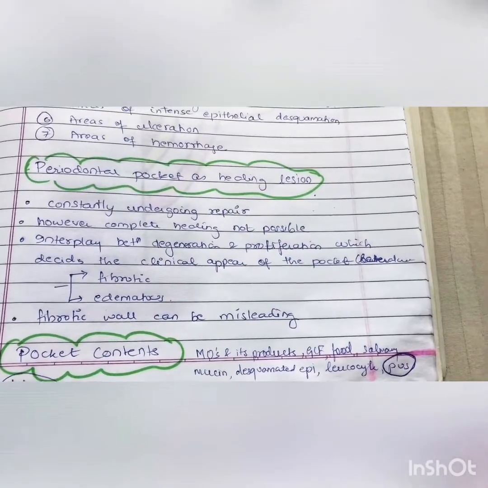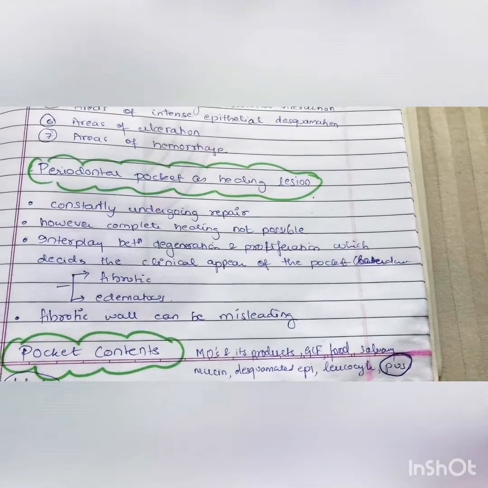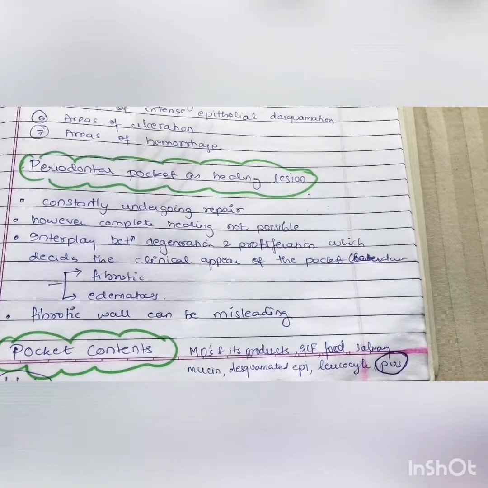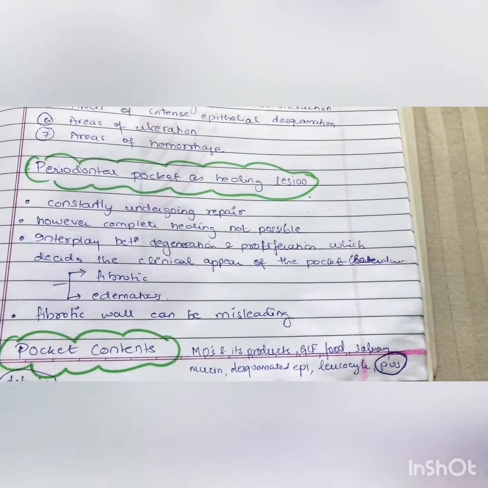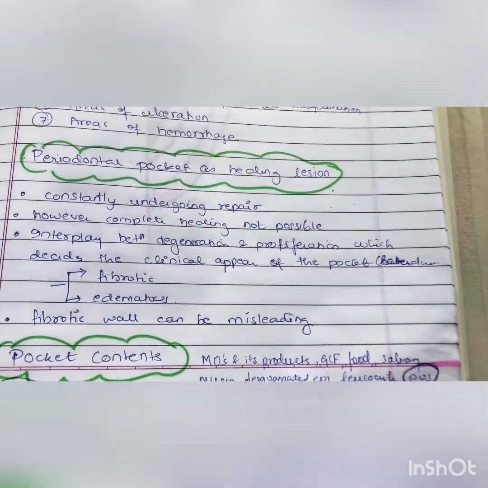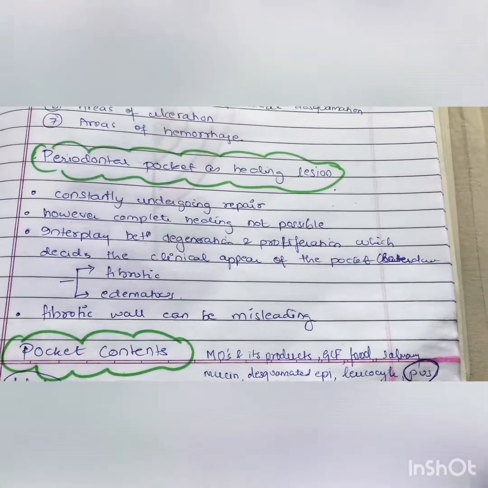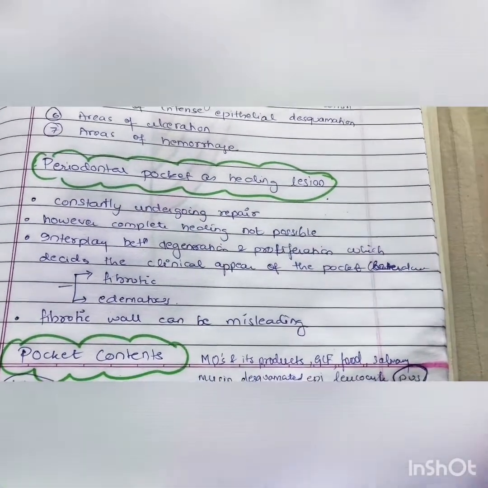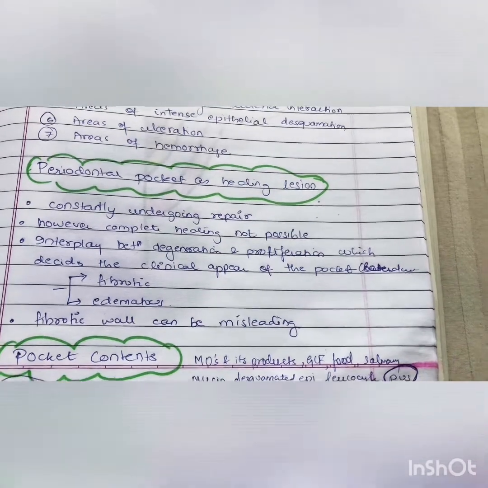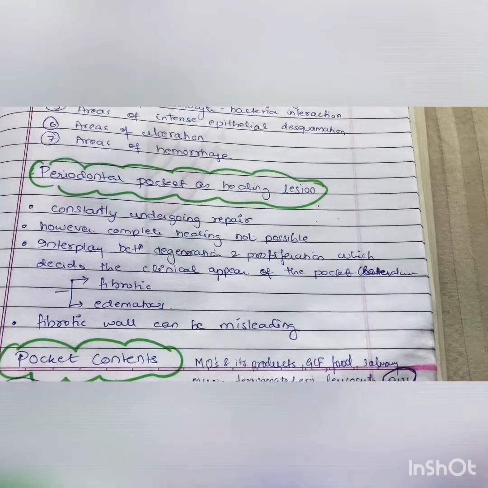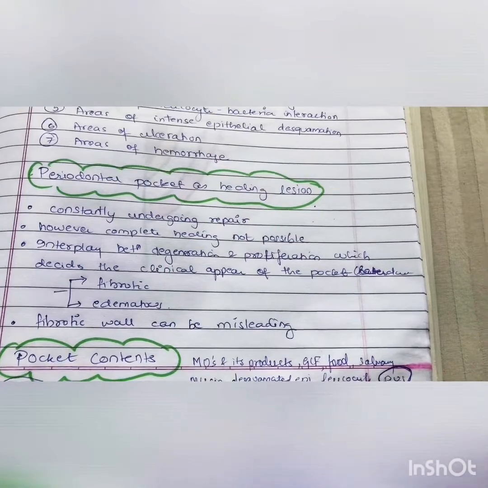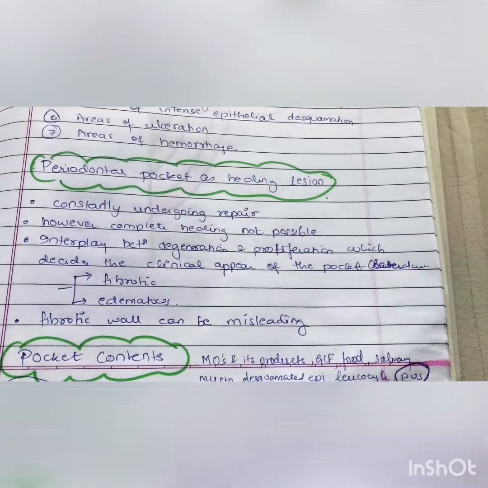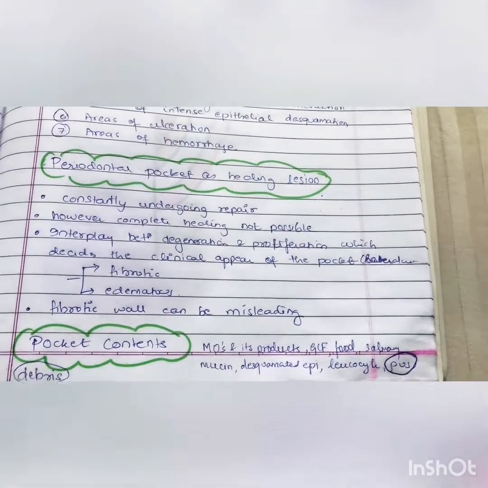So it is very easy to understand the edematous pocket because it appears reddish blue, and there is edema, there is change in surface texture, everything. But in case of fibrotic pocket, it appears as good as your gingiva, a normal gingiva, and that is why fibrotic pocket wall can be misleading. There are inflammatory changes which are going on in the lateral wall of the pocket, and there is destruction along the lateral wall and in the junctional epithelium. However, it appears normal, and that is why it is not easy to diagnose a fibrotic pocket.